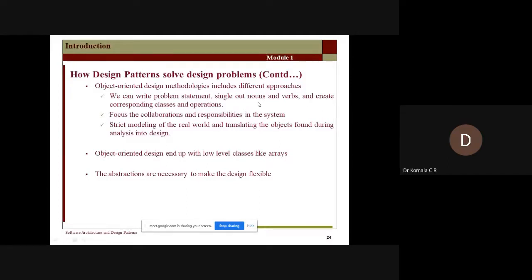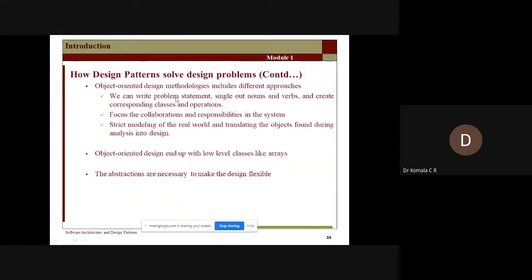Now we have to give a name for each of these subsystems. Which subsystem am I going to use? From which subsystem am I going to provide access to the client? The data is from which unit? So the noun should be picked here, and the verbs. Verbs means the detail: once you have picked that subsystem, what type of operation you can perform on that data. So that is to be done. And create corresponding classes and operations. We know that classes will create the objects, where an object includes both the data and the code. So what type of classes are being created, what type of objects are to be taken care of, and what type of operations you are going to perform on each of these classes and objects.